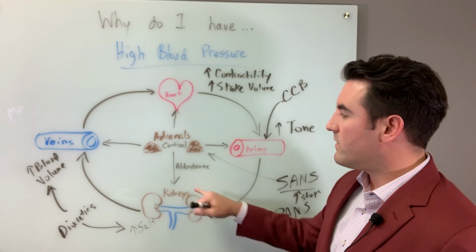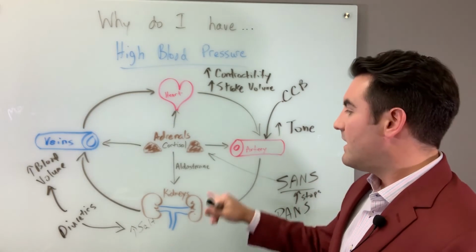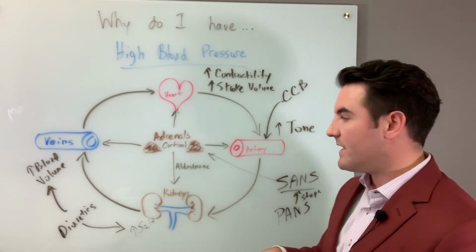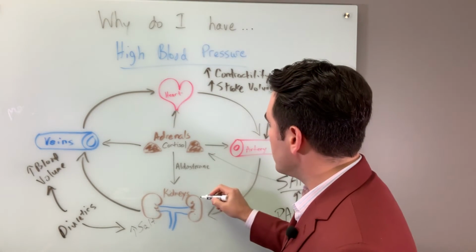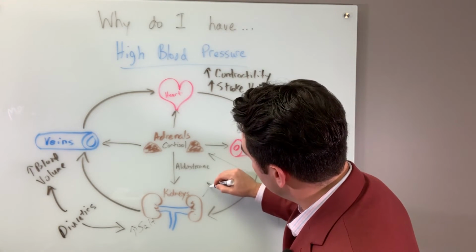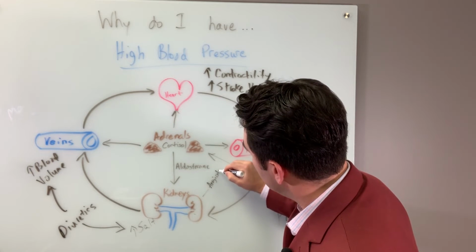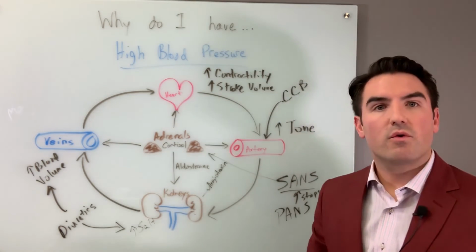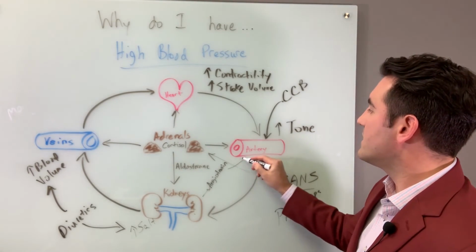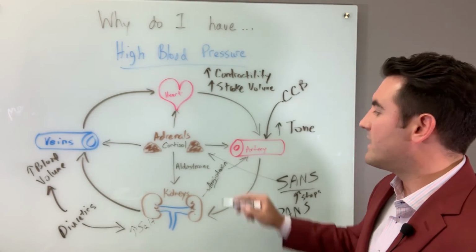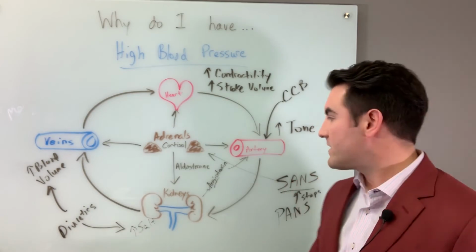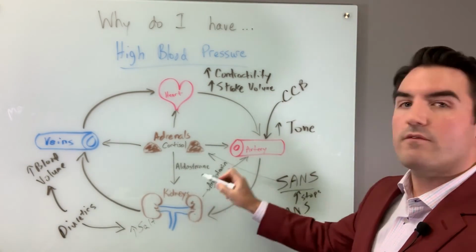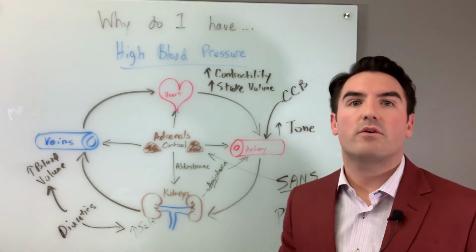So as the cortisol and aldosterone stimulate the kidneys, and blood pressure entering the kidneys stimulates a hormone cascade, there are hormones that come out called angiotensin, and this angiotensin hormone actually goes to directly stimulate the artery. That's where we got its name. Angio meaning vessel, tensin meaning tension or strength, and so that hormone from the kidneys directly stimulates the arteries to